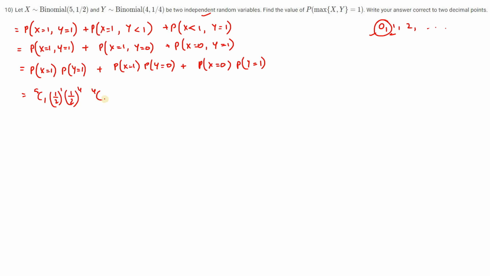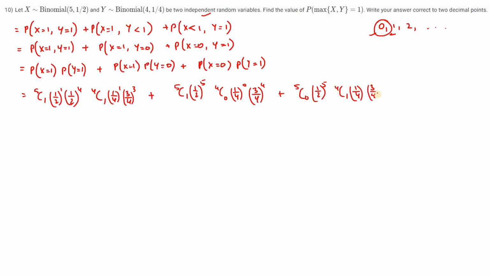That is 4c1 again, 1 by 4 to the power of 1 into 3 by 4 to the power of 3 plus again 5c1 1 by 2 to the power of 5 into 4c0 into 1 by 4 to the power of 0 into 3 by 4 to the power of 4 plus 5c0 into 1 by 2 to the power of 5 into 4c1 into 1 by 4 into 3 by 4 to the power 3, and now that is equal to